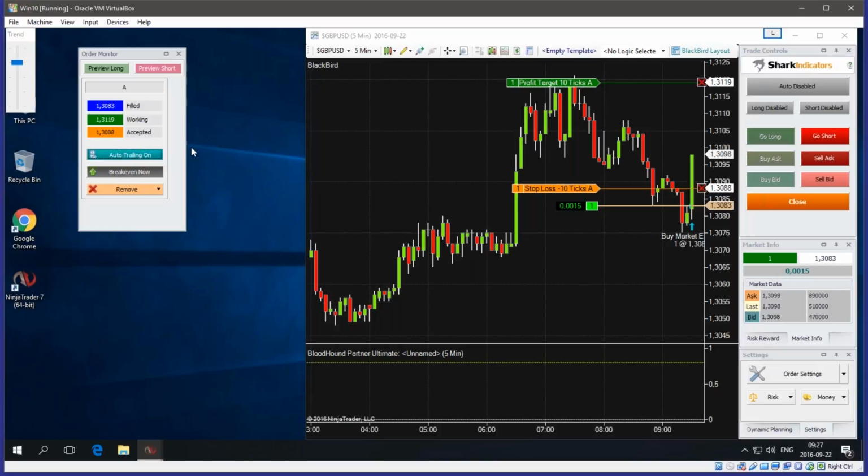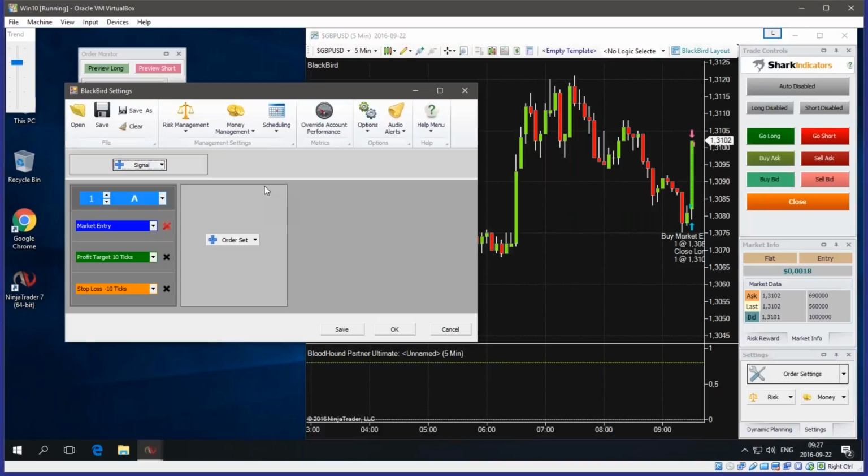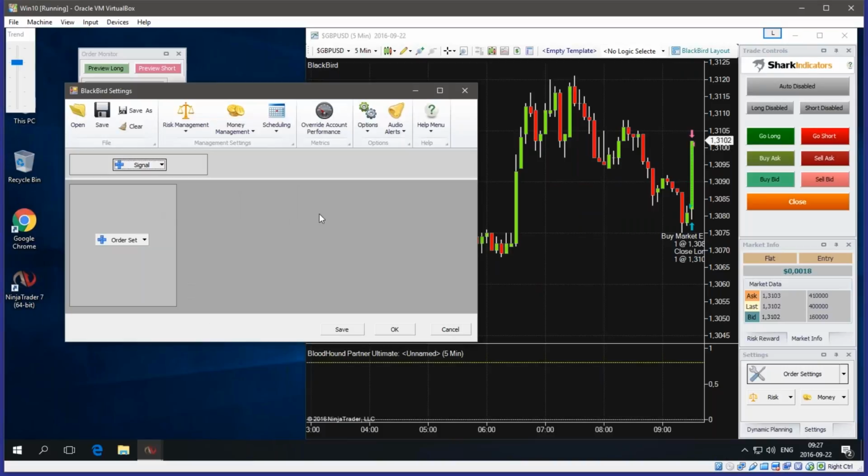All right. Let's see. There was one other very subtle enhancement here, so we'll just point it out now. Let's close out this position, and then we need to open up the order settings window, and we're going to delete the OCO order set. So if you click the red X there, it deletes the whole order set like that. So now if we click OK